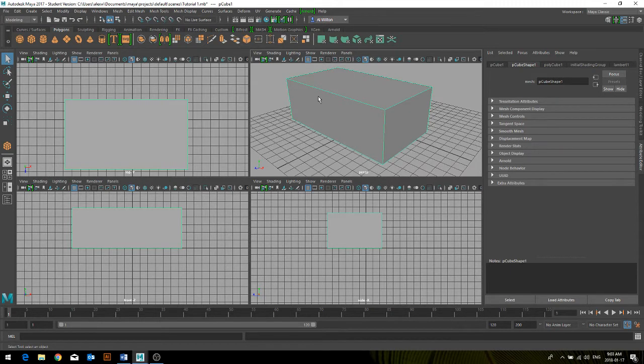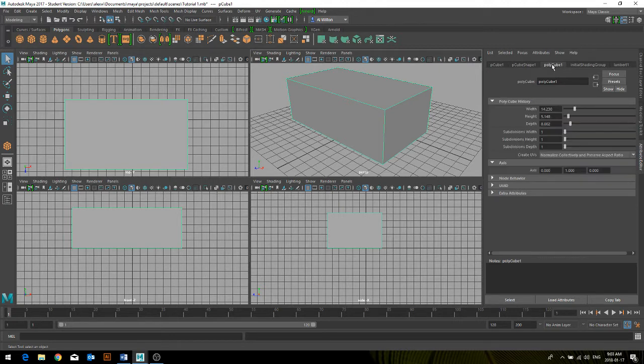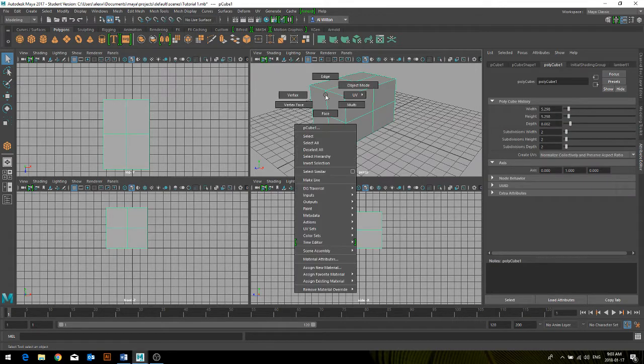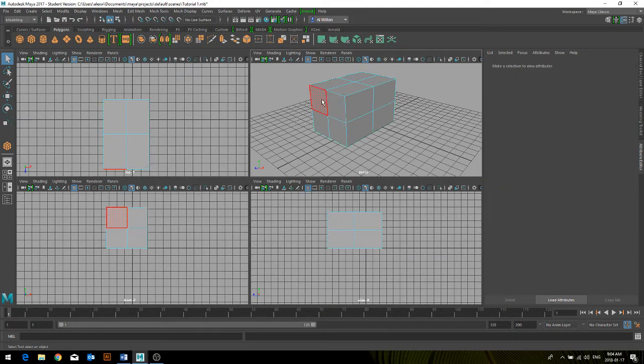And one of the things that I really wanted to just remind you guys was when you have a basic polygon like this and you look at your tabs to the right, you can go into the polygon settings and you can manipulate the height, depth, width, as well as the subdivisions of the polygon itself, which is really useful later on when you right-click, because you can go into the faces or the edges or the vertices of each polygon and select and